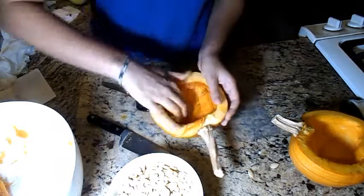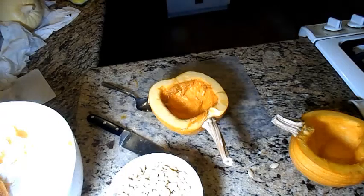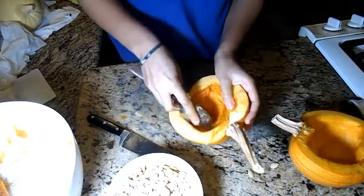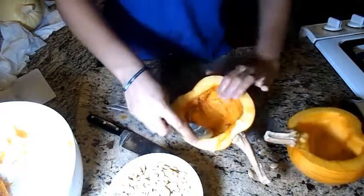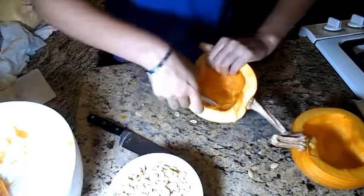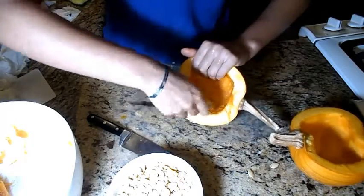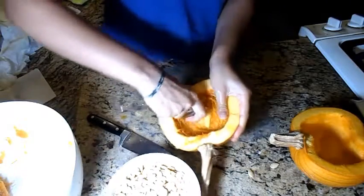Okay, so I'm going to go ahead and rinse my hands super quickly so I can get a good grip. So once you're done, you're going to take your spoon or whatever you decide. I found using the tip of the spoon works better. Just going in there and scraping all the guts. Well, you don't want to do what I just did, but